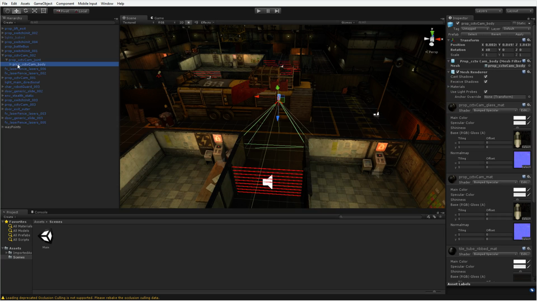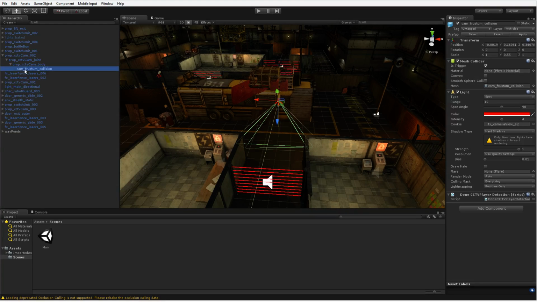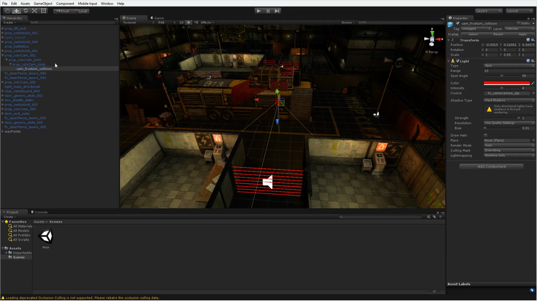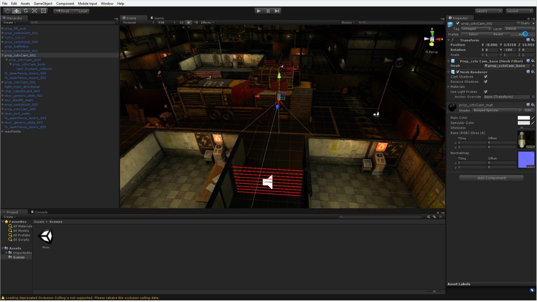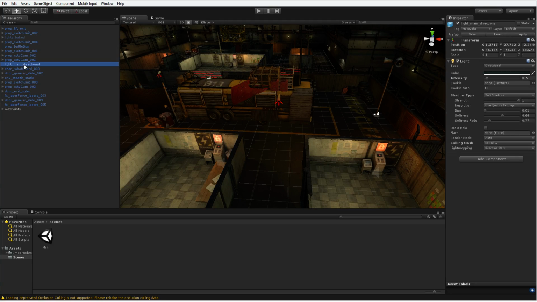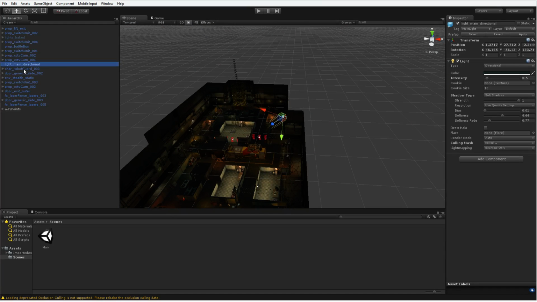When you come down here further though, the last thing is this cam frustum collision. It actually has a script on it, which we'll remove, and a mesh collider, which actually protrudes out. And for a while there, I was getting pushed around by a camera, which was really weird. So we'll remove that as well. And when I finish that, I will apply those changes to the camera. And again, laser fence, goodbye, laser fence, goodbye. That camera's updated. That's our main light there, we want that.